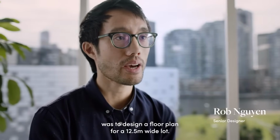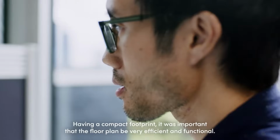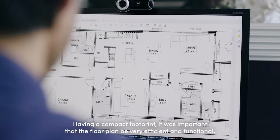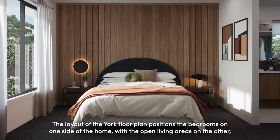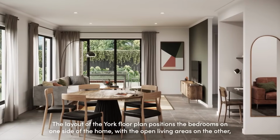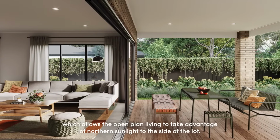The inspiration behind the York floor plan was to design a floor plan for a 12.5 wide lot. Having a compact footprint, it was important that the floor plan be very efficient and functional. The layout of the York floor plan positions the bedrooms on one side of the home with the open living areas on the other, which allows the open plan living to take advantage of northern sunlight to the side of